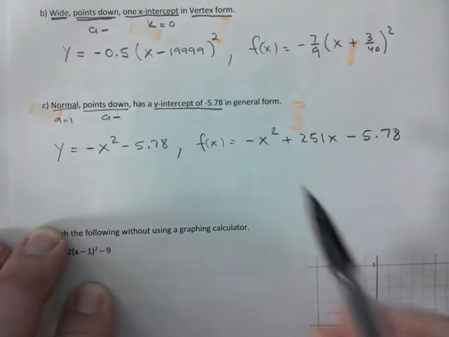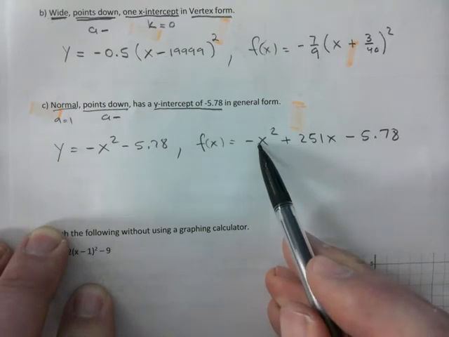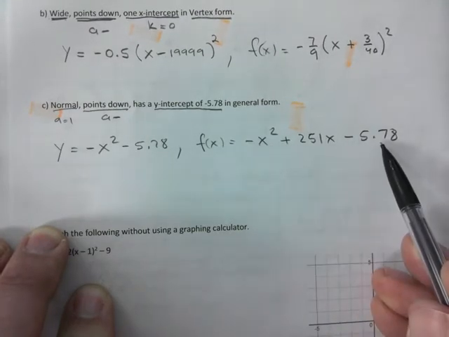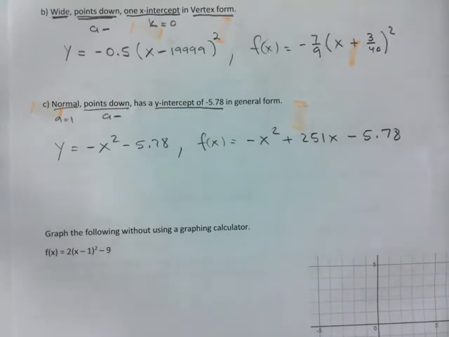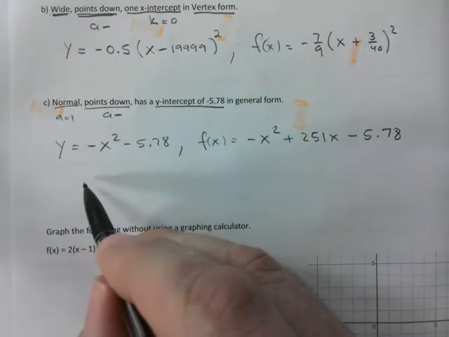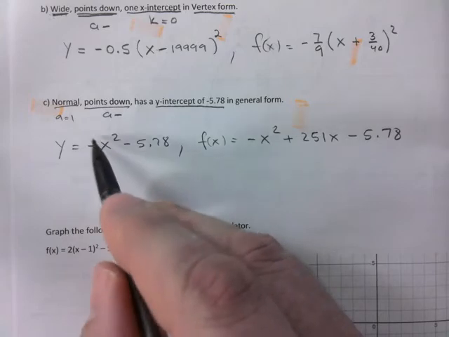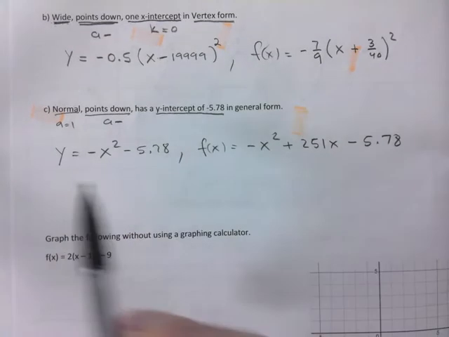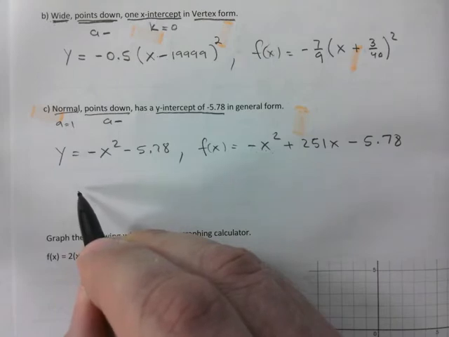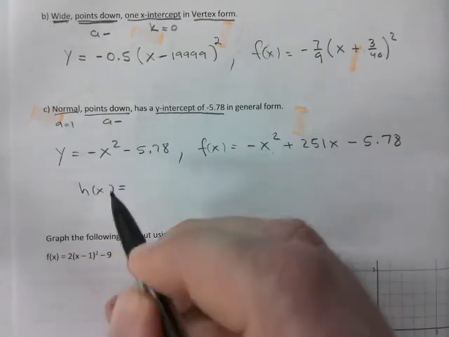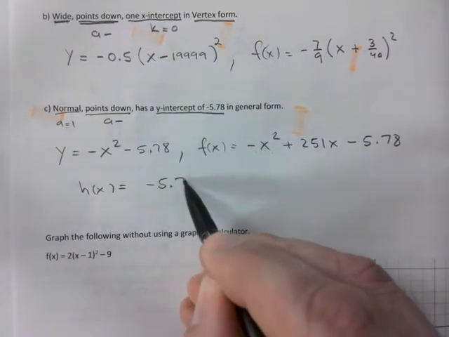Right? As long as this is 1 and it's negative, and you have your y-intercept at the end, and there are no brackets, we're in business, right? You don't really have an alternative with whatever's in front of x squared, right? You could, if you wanted to,